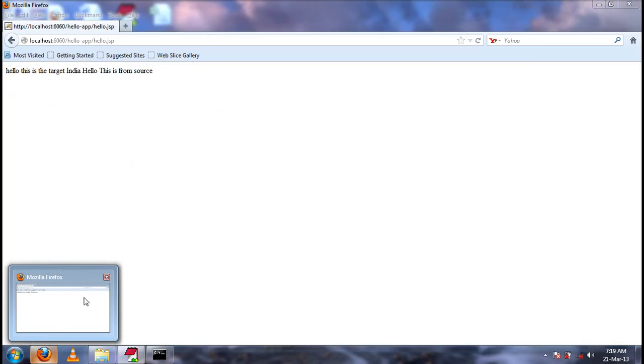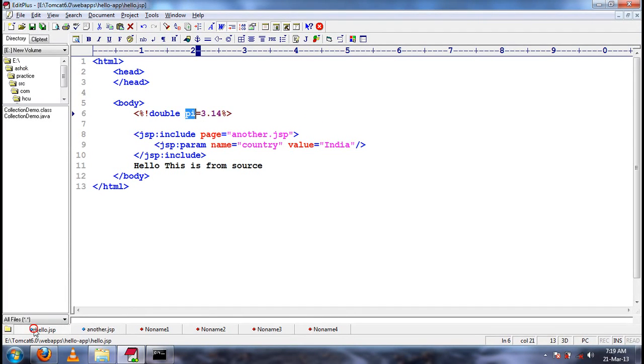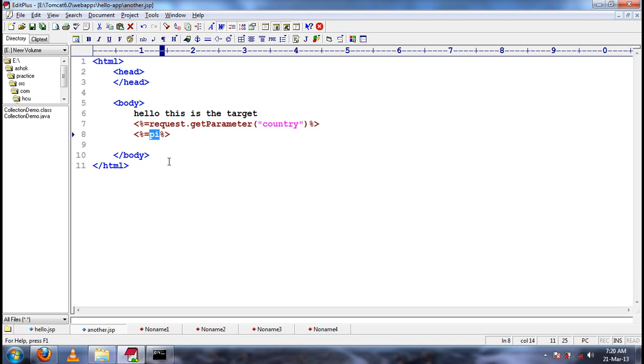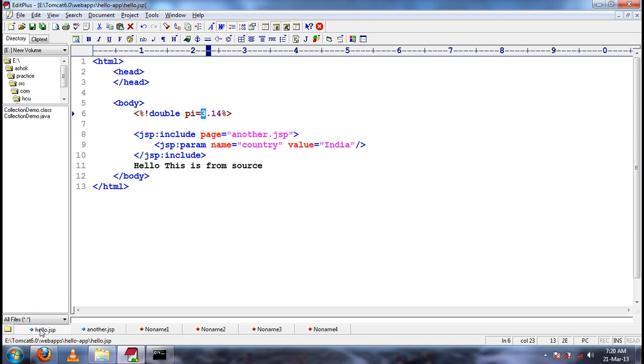Understood my question? I have created an attribute in hello.jsp with the name pi, whose value is 3.14, and it is in the declaration portion of hello.jsp. Is the attribute which is in the declaration portion of hello.jsp available in another.jsp or not? Just think for 1 minute and tell the answer.